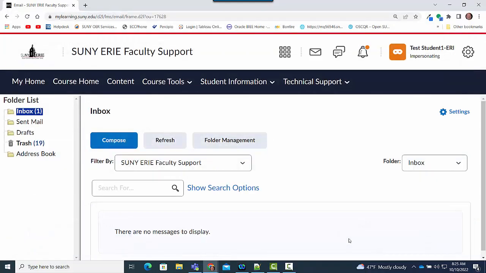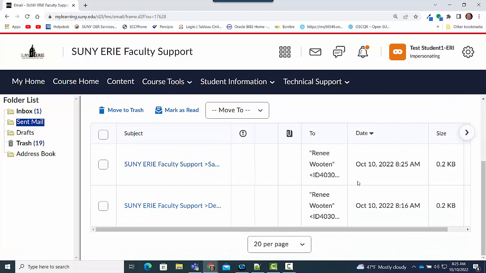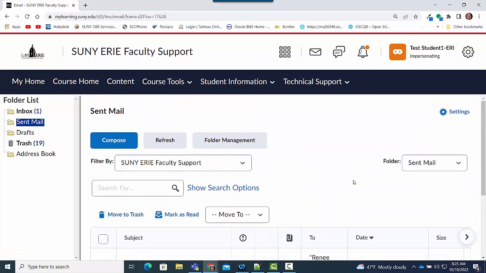And now we have successfully sent a message through the Brightspace interface. If I go to my sent mail, I can see that I have sent it out. And that is how the course mail system works in